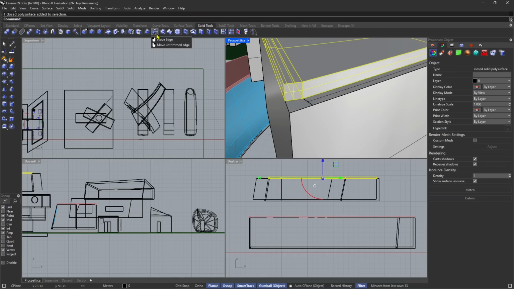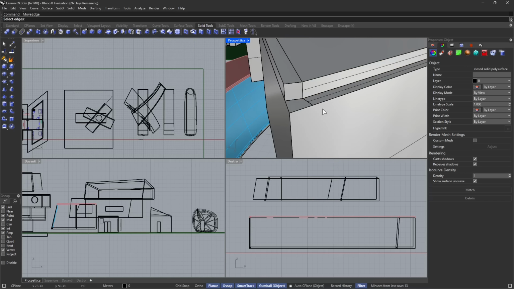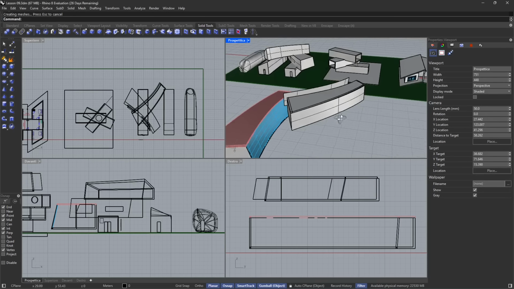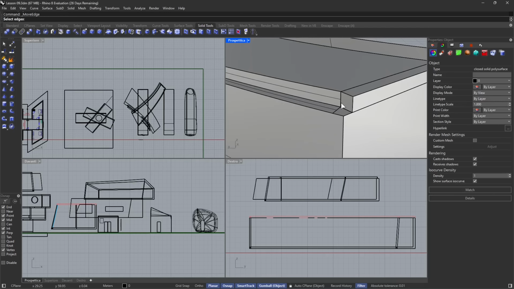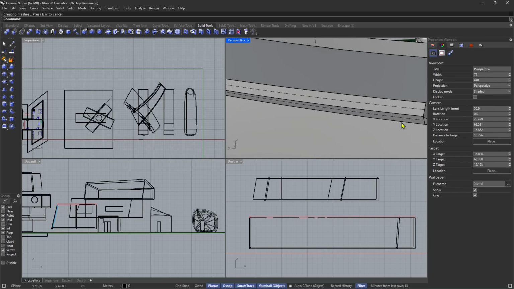When we work with solids, we can work with points or vertices, or control points as they're called, edges, and also faces. We can also move faces. So we need to choose the correct one. And in this case, I would go for the edge. So I want to move this edge, press enter, and move it from that point to this point. And also I'm going to do it here. So select this edge and move it from this point to this point, and